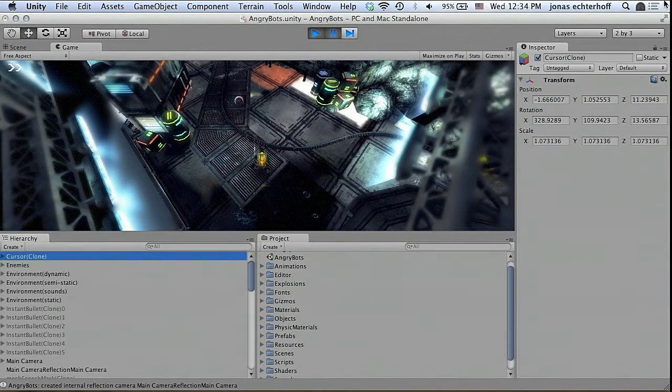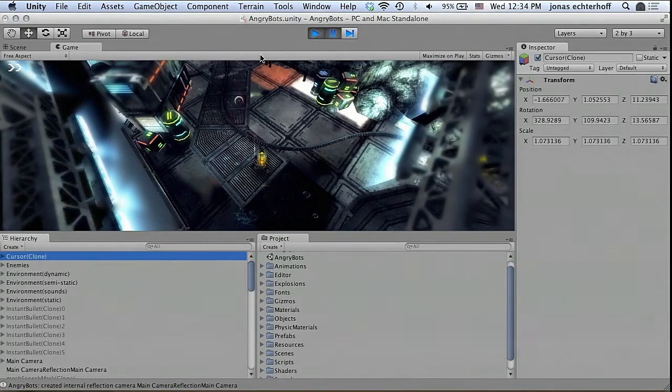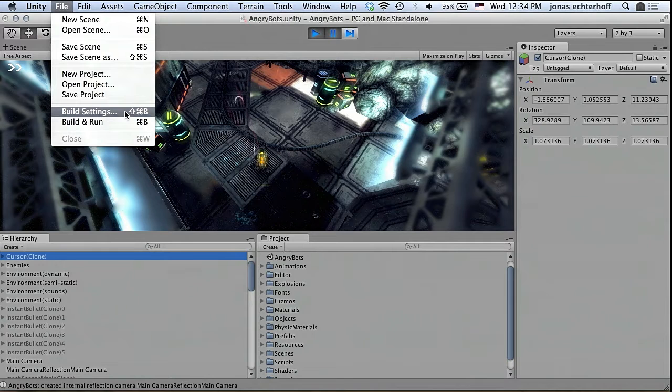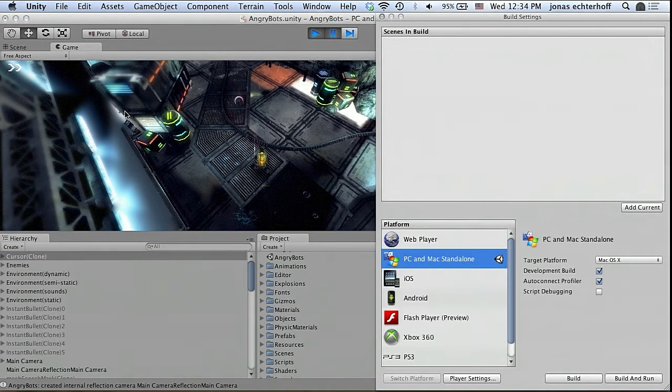So when you have your game running in the editor, you can attach the profiler or open the profiler and get runtime information of how your game is doing. You can also do this on standalone players, on mobile phones, and connect to the editor, and you'll be able to profile your application directly on the device without the overhead from the editor. Simply in the build settings, whenever you build it with development build and the auto connect profiler,